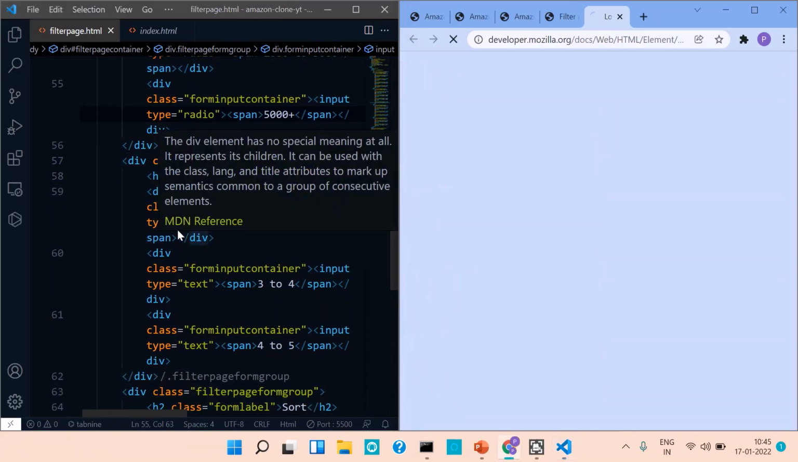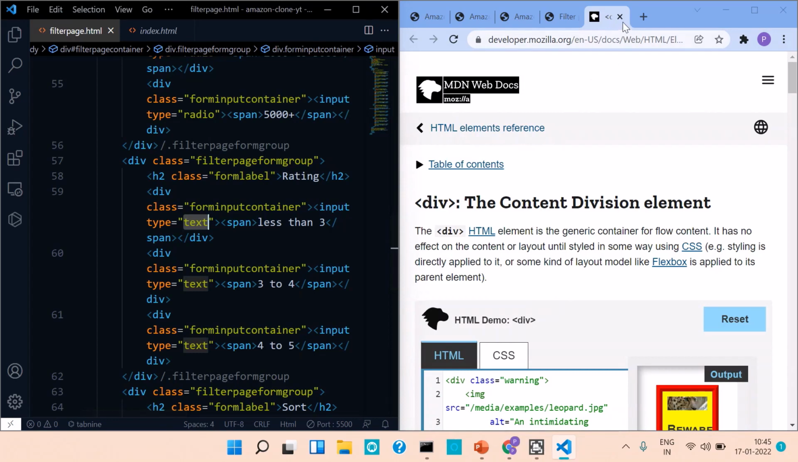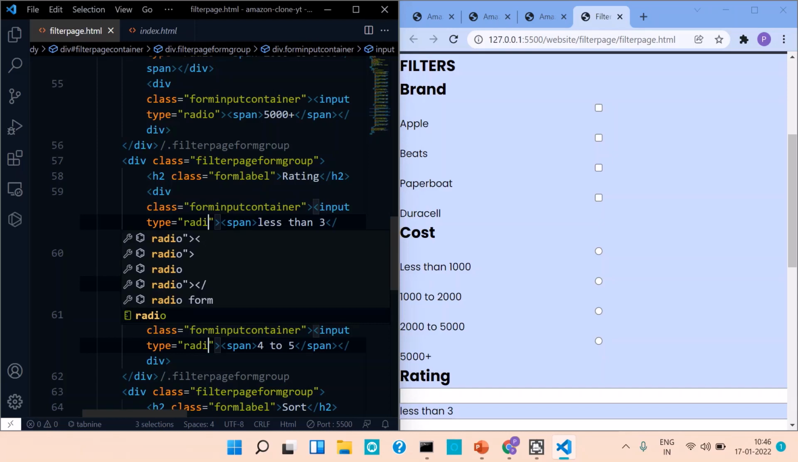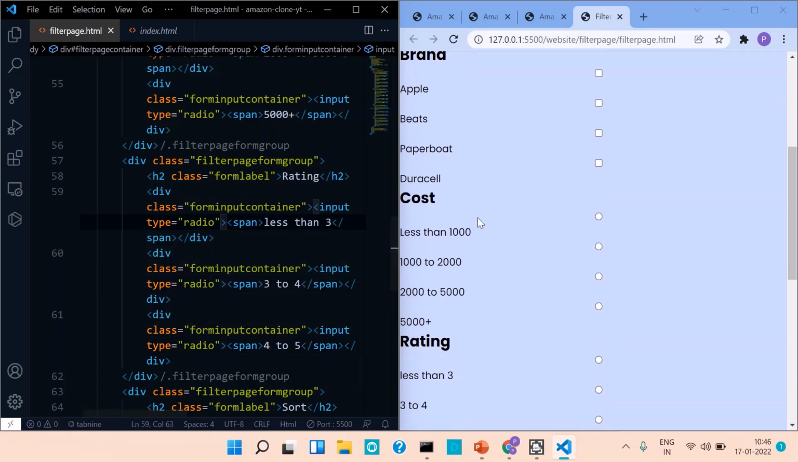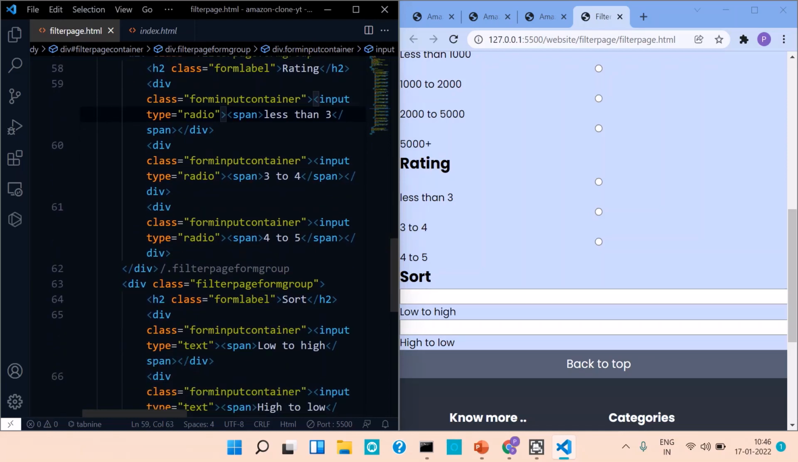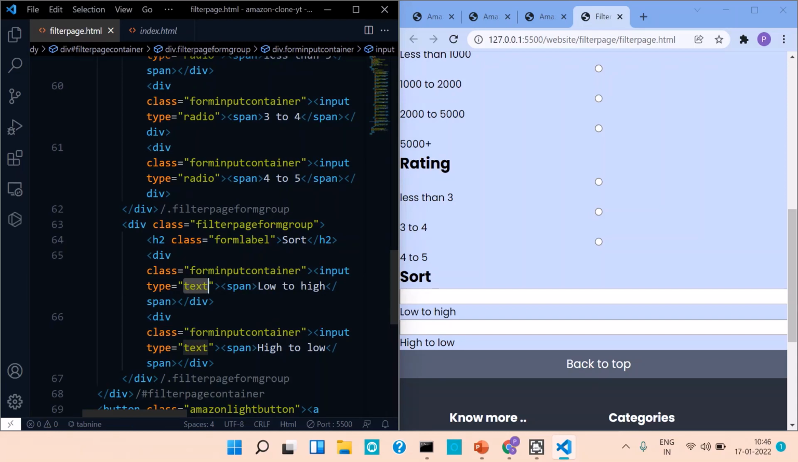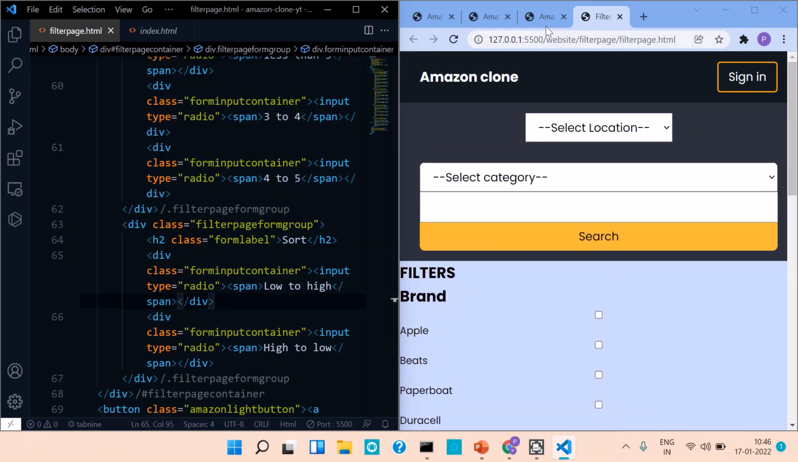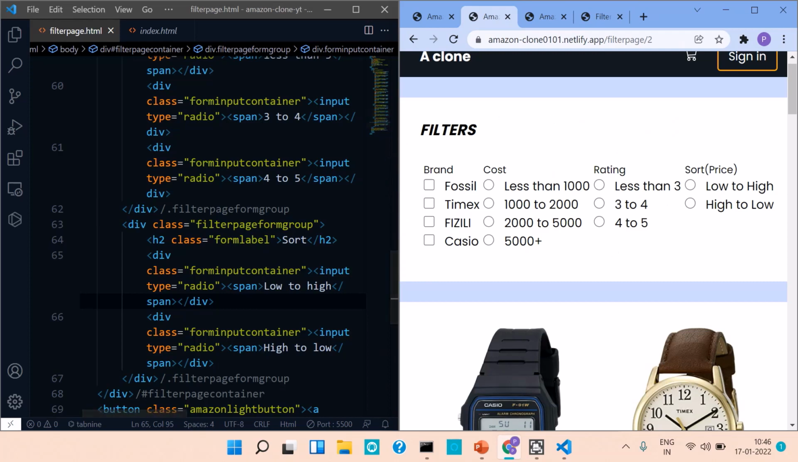Same for rating as well. Select text and press Ctrl D 3 times and type radio and then click on escape. Same for sort, that is, it is of type radio. We'll style this later. Now that we have this one, we can go ahead and make